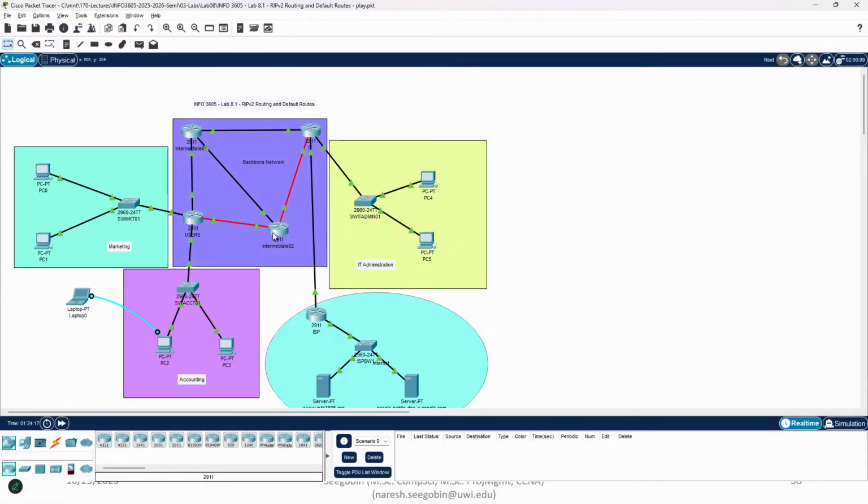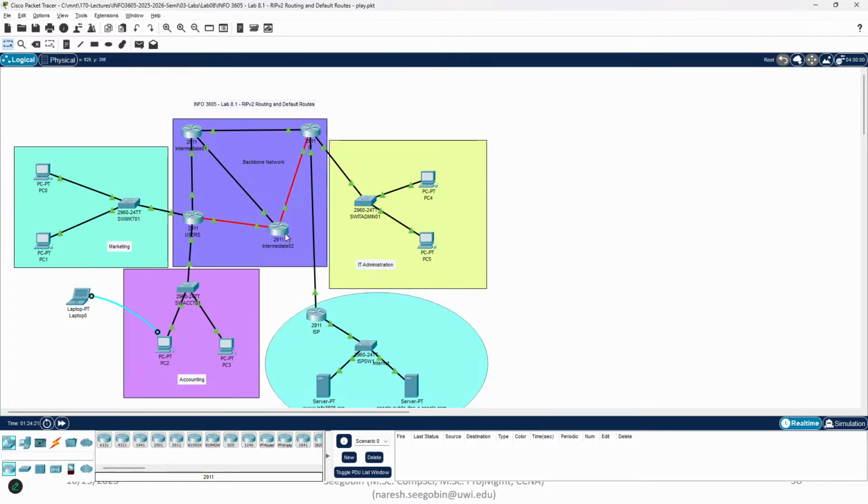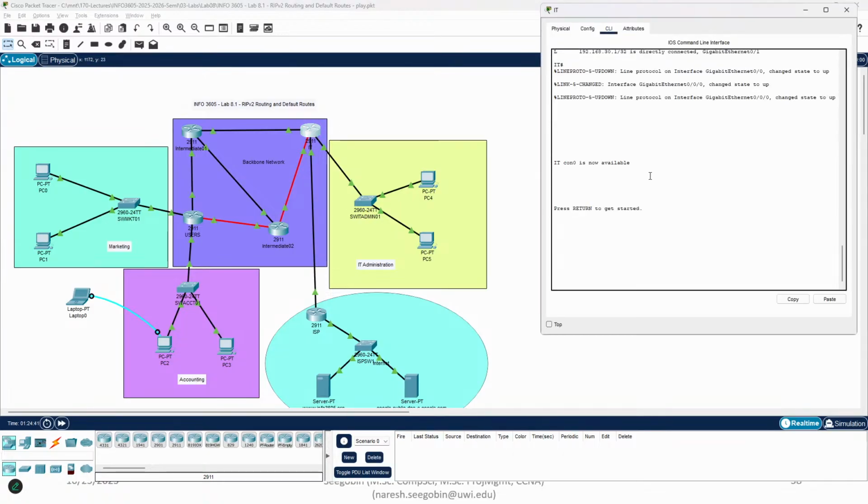Remember I told you, these updates are more like broadcasts. So routers stop the broadcasts, right? So the updates are not going to go through router 2 to IT. It's going to stop right there. If there's a switch here, yes, it'll go through. So RIP updates, OSPF updates, all these are broadcast updates, though the IPv6 versions use multicast. So these updates are not going to go to IT, but either way,